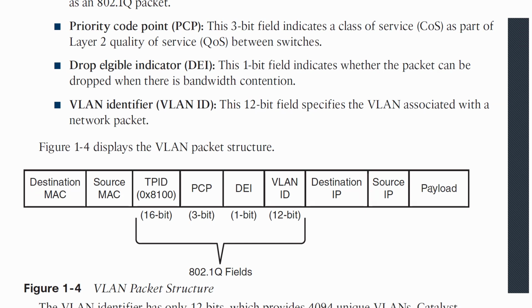Sir, what do we call the VLAN packet structure, right? Or Ethernet header. Yeah, you can call it Ethernet header. Just attach FCS also at the end. It will become an Ethernet frame, you can say. At the end, if you attach FCS, it will become an Ethernet frame. Okay.